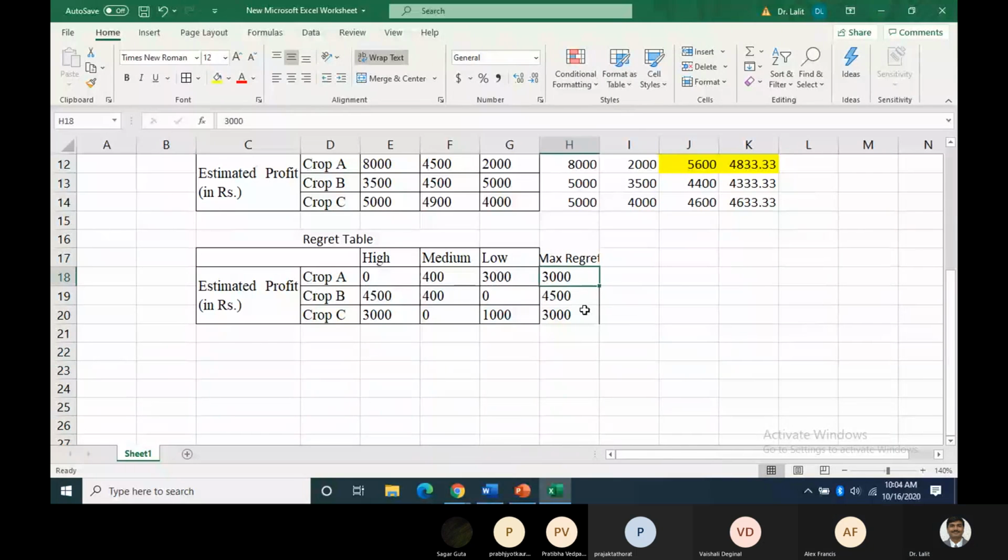अब यहाँ पे देखो, for crop A as well as for crop C, the regrets are minimum. Okay, तो यहाँ पे tie हो रहा है. Okay, so there is a tie among the minimum among maximum regrets, right? So he can go for crop A under this criteria, minimax regret criteria. He can go for either crop A or crop C. दोनों केस में उसके आउटकम सेम हो सकते हैं, राइट? ठीक है.